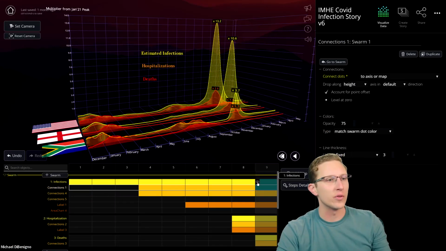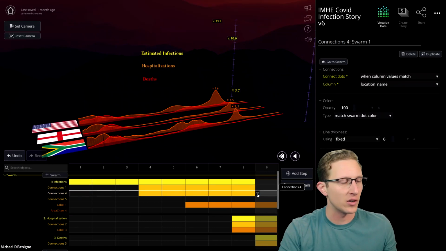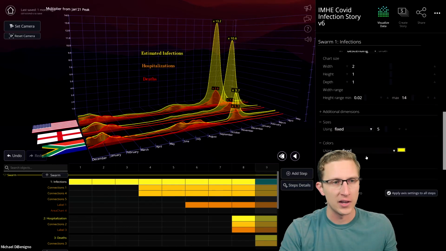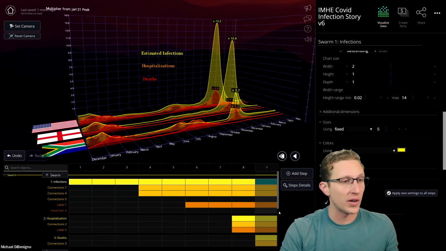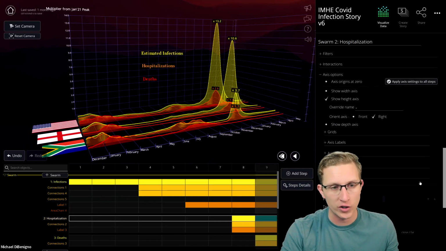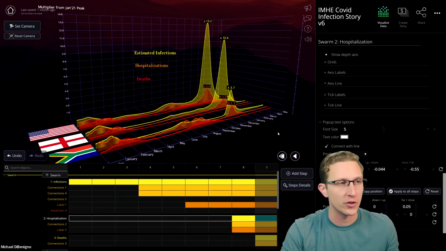Yeah, so this first one is infections. If I deselect this, you'll see that all of the yellow goes away. This is all being defined just by using a fixed color scheme and having it be yellow. And then what I've done in hospitalizations is make that orange and move it 0.05 meters to the